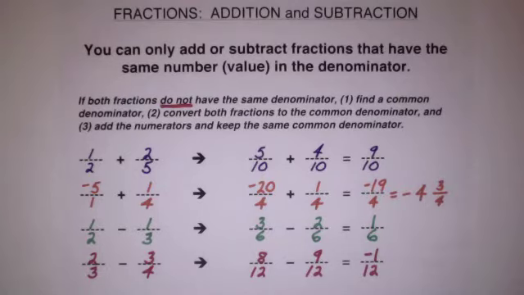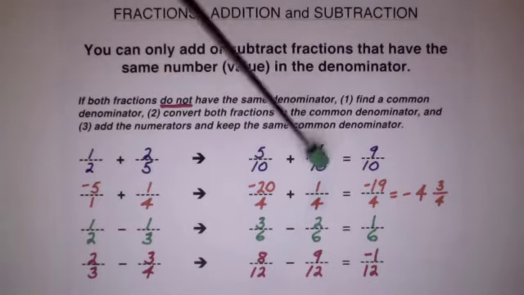The denominator is the longer word, and it tells you how many equal parts something has been divided into. That's the total number of parts that you could have to make a whole. On top, the numerator, the shorter word, tells you what portion of that total number of parts you have. 1 out of 2, 2 out of 5 parts, 5 out of 10 parts, 4 out of 10 parts, 9